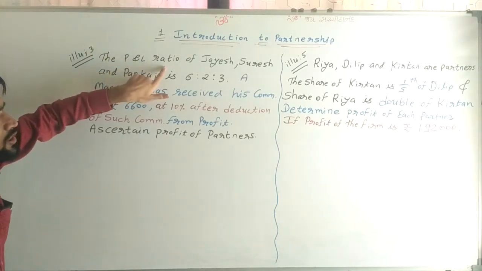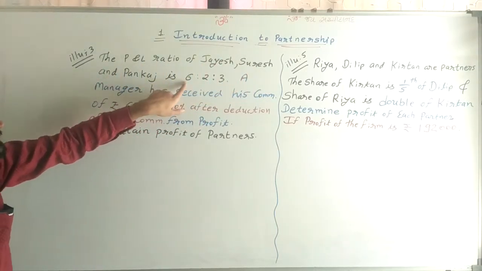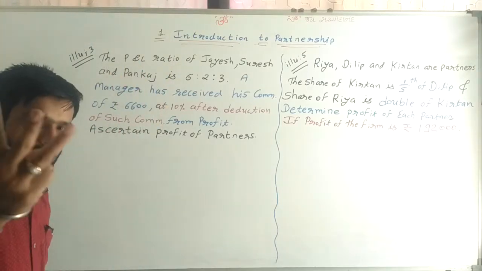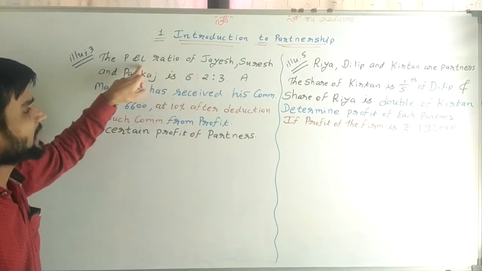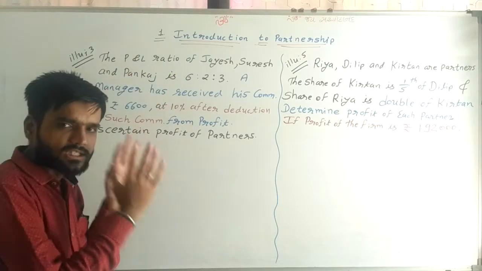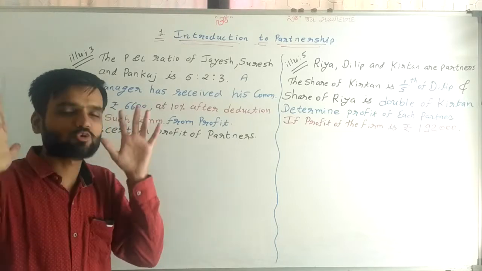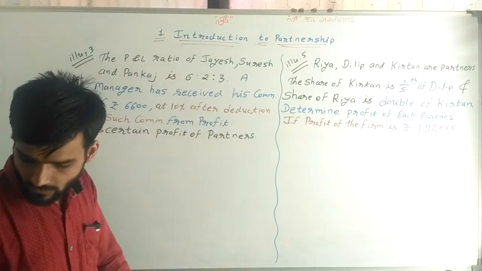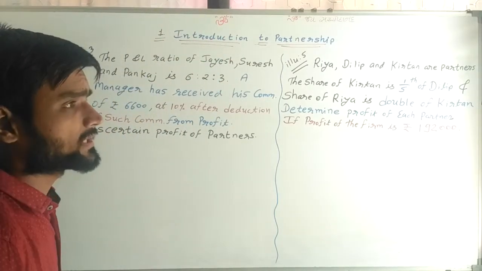The profit and loss ratio of Jayesh, Suresh and Pankaj is 6, 2 and 3. Sir, first of all, one thing is clear. There are 3 partners and their profit and loss ratio is given. And whenever P&L ratio is given, then we don't need to assume equal proportion. After reading this, we can understand